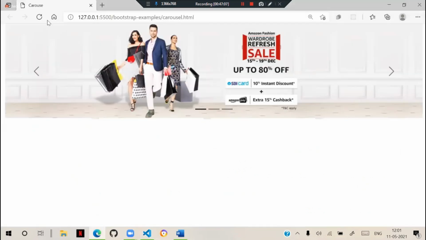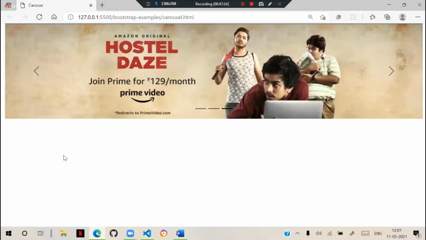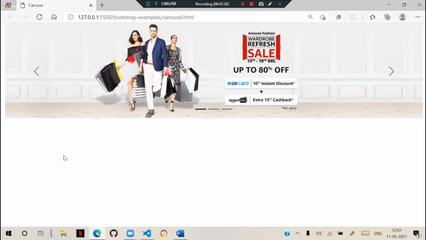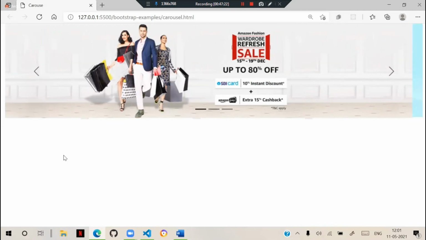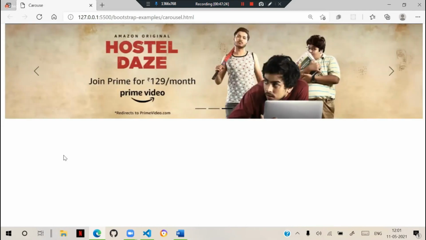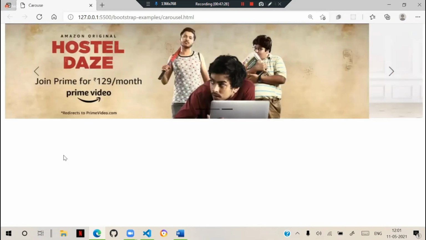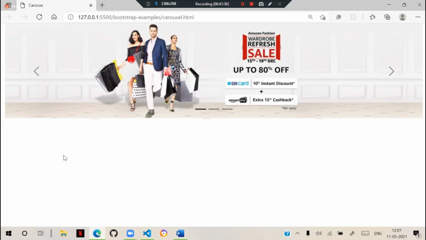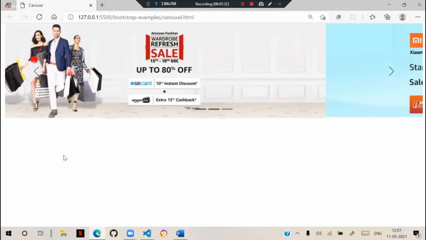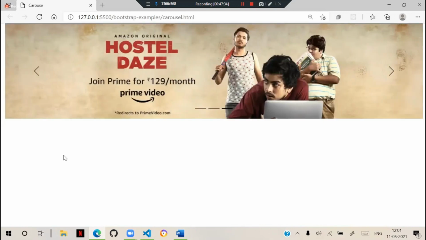You can refresh and see now. The first one will be 4 seconds, and after that the second one will be only 1 second. The third one will again be 5 seconds. That means the second advertisement will not display for long on screen, just 1 second. You can configure every slide individually and define separate timing for it.